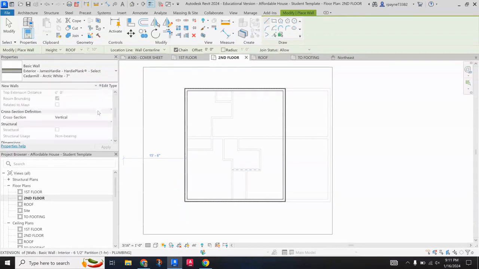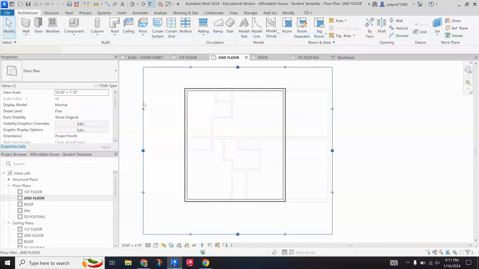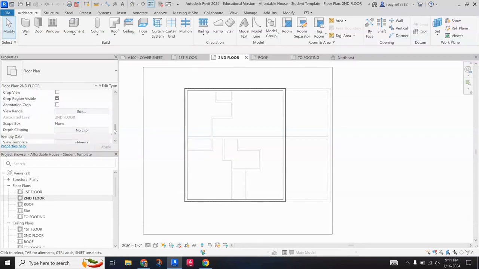And now we can turn off the underlay. So let's see, what was it again? Which one did I have? I changed... right there. Nope. View template. Right there. View name. Where was it? I changed it so I could see the underlay. That's it. So I want to say no underlay. There we go. All right, now let's go back, and on the second floor, oops,